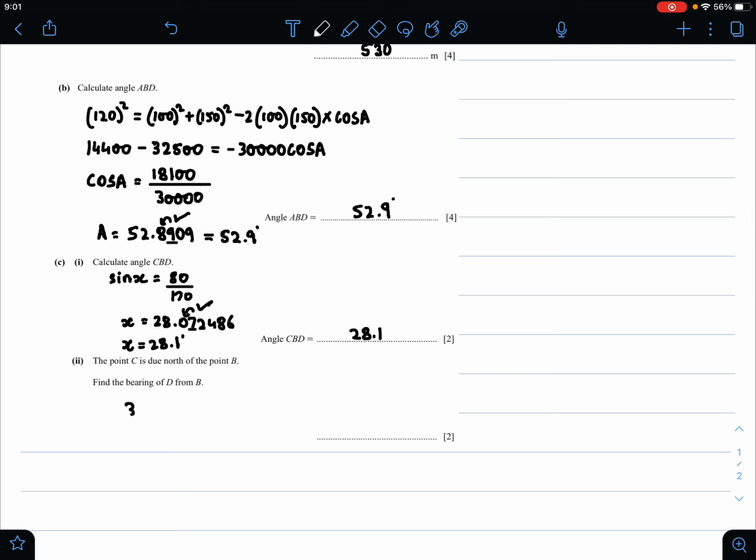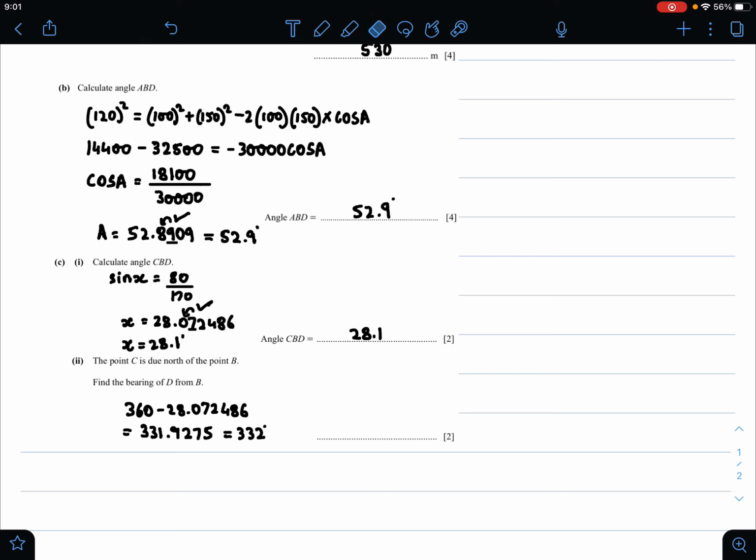So therefore 360 minus 28.072486 is equal to 331.9275, and therefore your final answer will be 332 degrees, because the fourth significant figure or rather, instead of giving